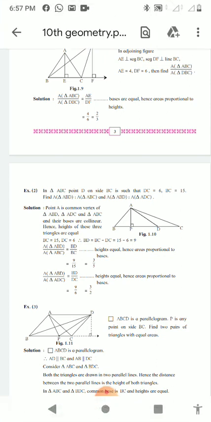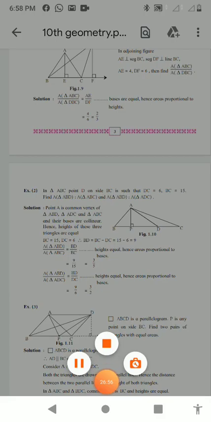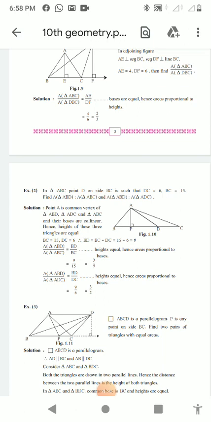We will solve the second part, in which we have to calculate the ratio of the area of triangle ABD to the area of triangle ADC. Again here the height is the same, so we have to consider the bases. For triangle ABD, the base is BD, and for triangle ADC, the base is DC. BD is 9 units and DC is given as 6 units. So 9 by 6 you can simplify and you will get the answer 3 by 2. So again in this problem, we use the property that if the height is the same, we consider the ratio of their respective bases.